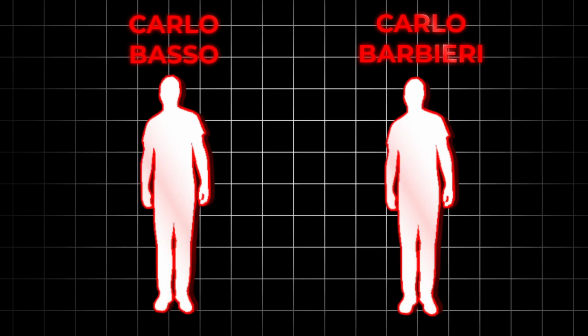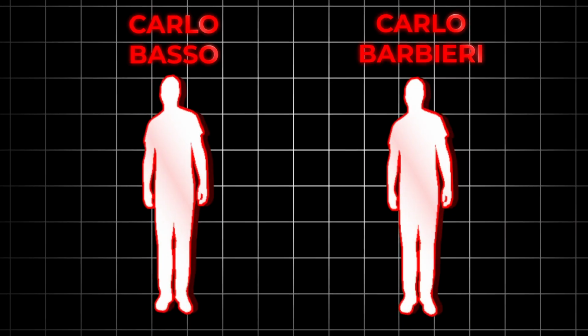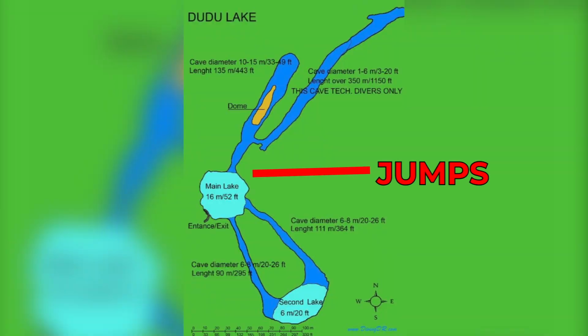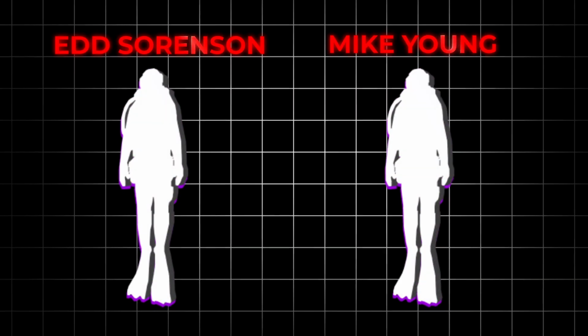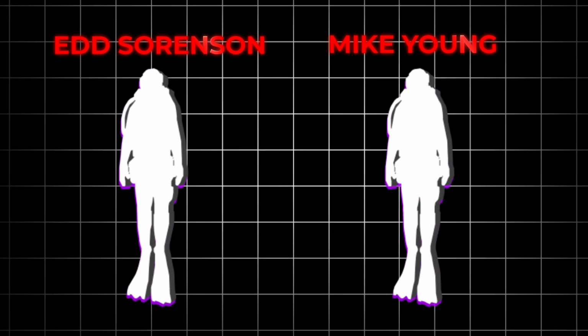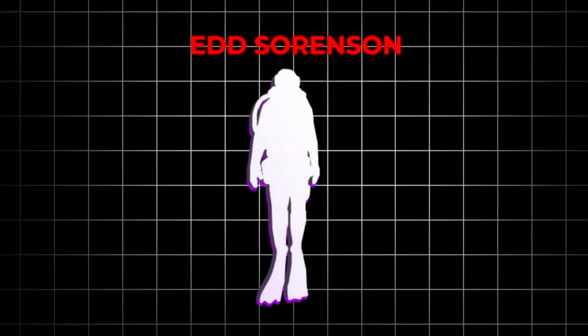The recovery of both divers brought closure, but not peace. For days, the cave had held their bodies in silence. It had swallowed the evidence of their final moments, leaving behind only fragments. A broken line, a misplaced jump, a regulator just out of reach. For the divers who recovered them, this was more than technical work. It was personal. Ed Sorensen would later describe the dives as some of the most challenging and emotionally taxing of